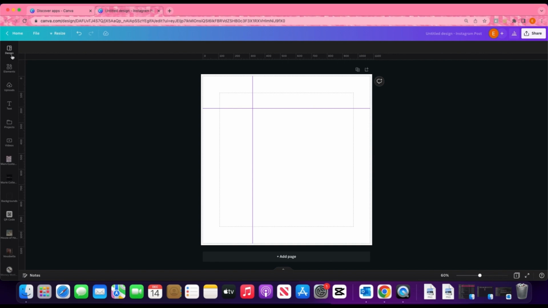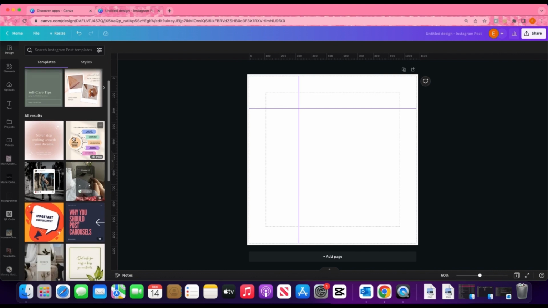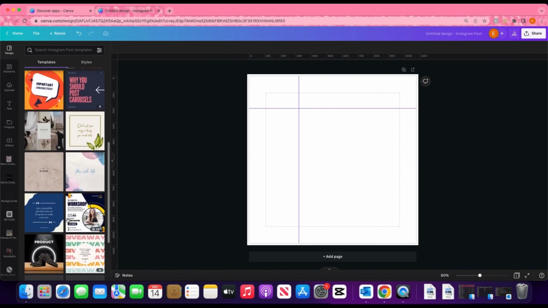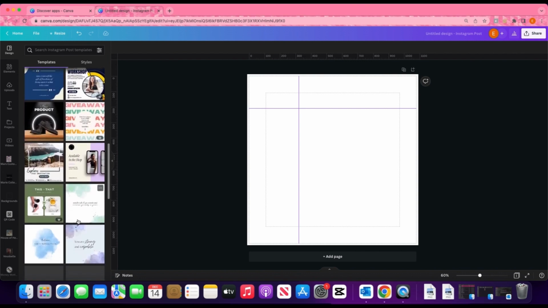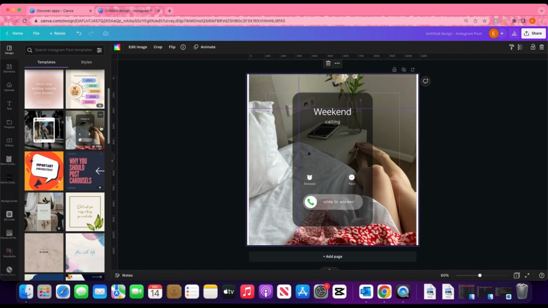So coming back over here, this first tab is the designs, which is where they bring up those same templates that we kind of looked at on the home page. So if you open your Canva and you can't think of anything that you want to create, you can come over here to this design tab, hit templates, and just go through the templates, get you some inspiration, or just click on one of the templates and use them. Like this one right here,